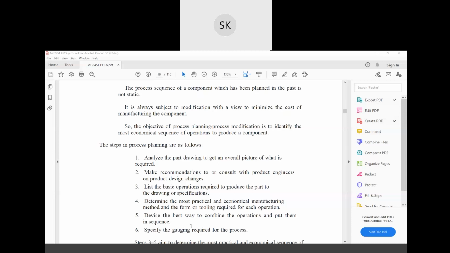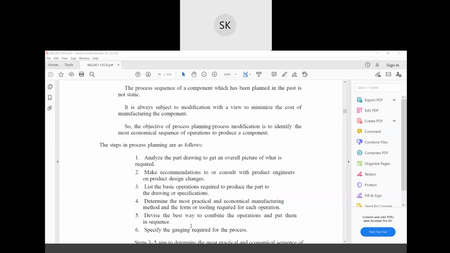This is one optimization. They have optimized some process planning, and they are saying that if you go by this, it will give you less cost. But it's up to you. You can consider other methods also. You can consider your own method also. But they have optimized. If you follow this, you will definitely get, it is a hypothesis, you can say, the minimum cost.